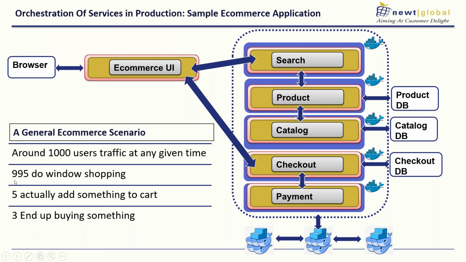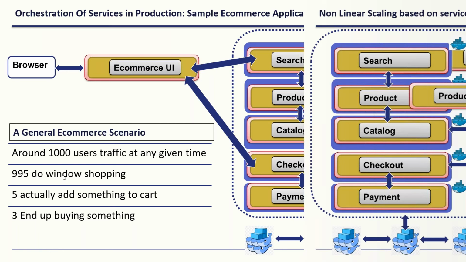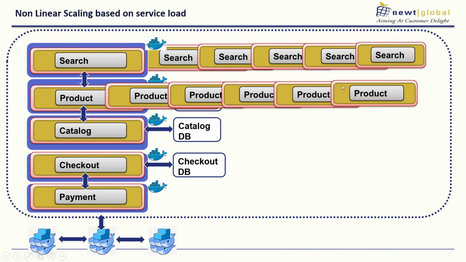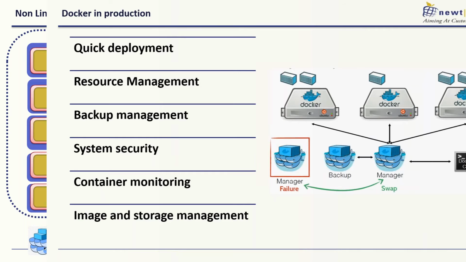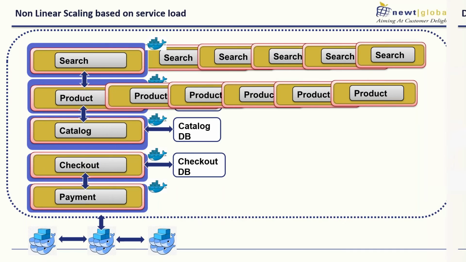So as you can see from this, the performance load characteristics will tell you the volumes about how you need to scale your entire microservice application. So probably you need to look at scaling only search and product to serve this kind of workload, right? And typically this would be achieved using your container orchestrator, where each service would have its own load balancer, based on which you'll be able to identify the workload, and based on your configurations you can scale out these services, right? So again, the orchestration mechanism that you are using, and there are several orchestration mechanisms you can use.